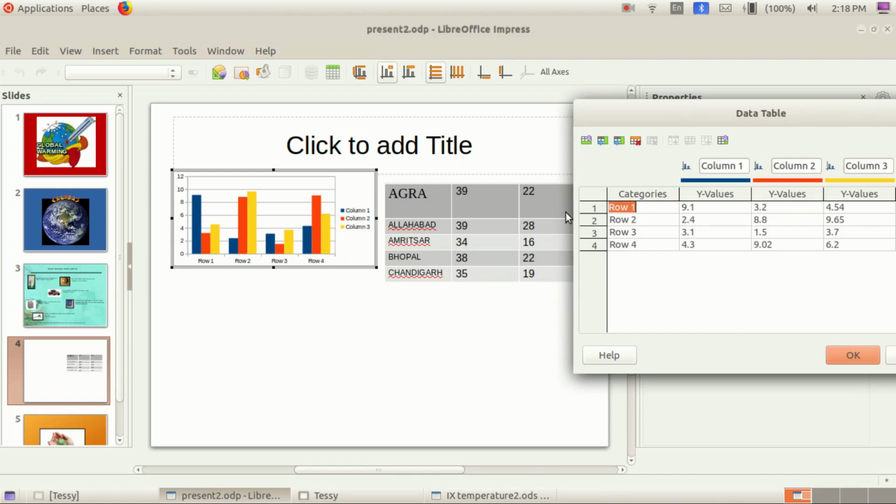Look up here. I am going to give in row 1 Allahabad. Okay. In here we need 39. After that the y value, another y value is 28. This one we don't want. Delete. Next look here, children, that is changing. What is this name? Allahabad is there, you can see. Amritsar.